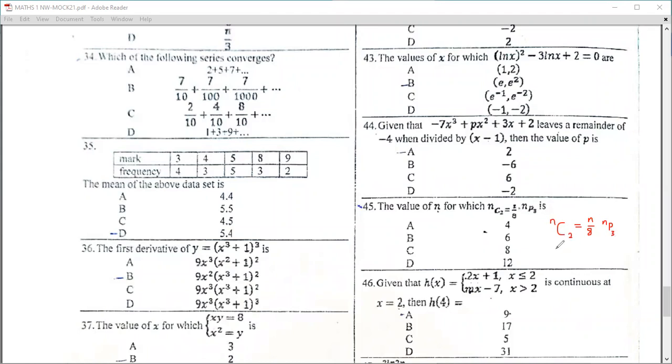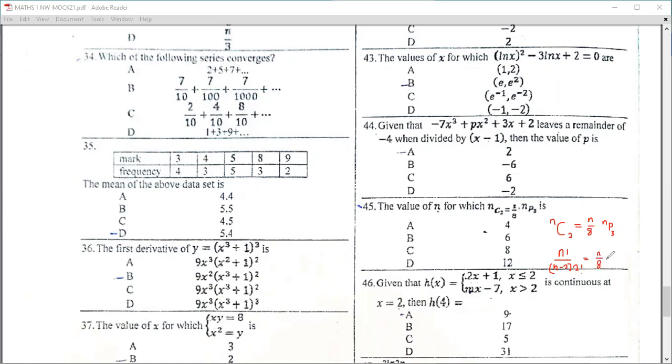So n combination 2 is the same as n factorial, all that over n minus 2 factorial times 2 factorial. And this should be equal to n over 8